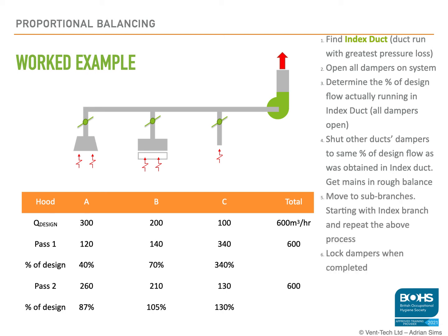Eventually, you will get to within 10 to 15% of all the percentages being the same. At this point, I'd recommend you go and have a tea break and leave the system for a while and just let things settle down. Keep adjusting the dampers does affect where the air is coming through the system, so just leave it, let it settle. Come back after half hour, retake your readings, and you'll find that you just need to then fine tune